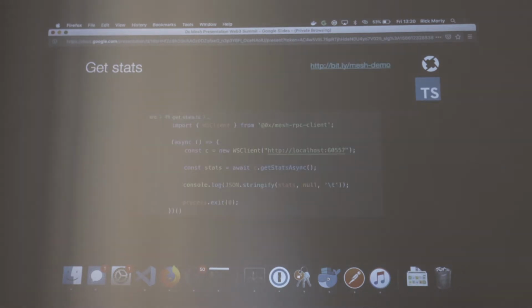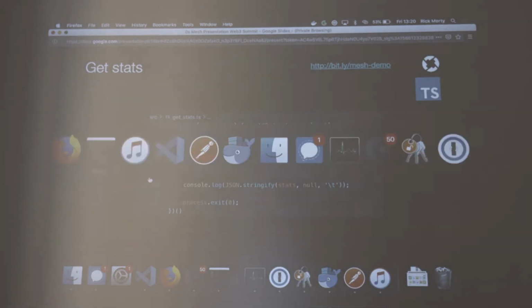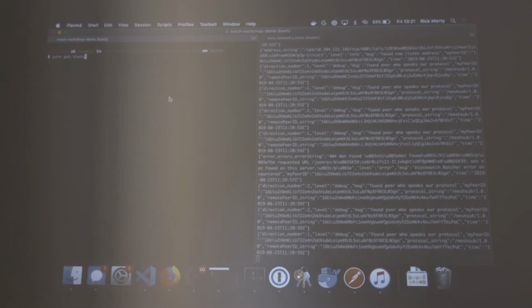But let's go to the first call. The first call that we'll do is get stats. This just gets you a bunch of statistics about your mesh node. Here you can see we import the RPC client, we instantiate it, pointing it to localhost 60557, we call get stats, and we print it out. So if I run this here locally,